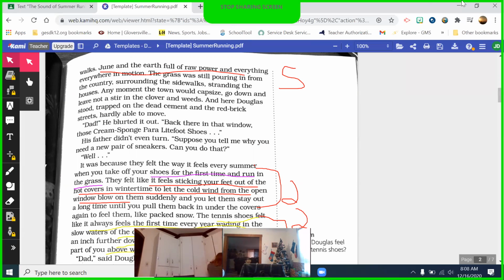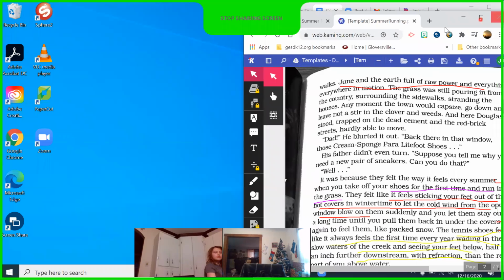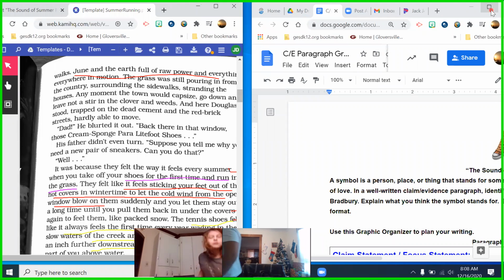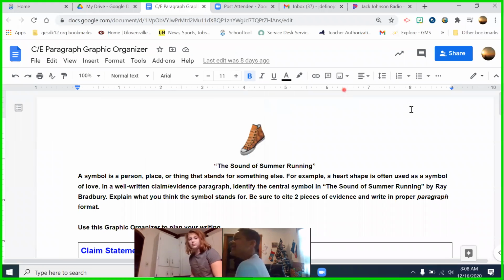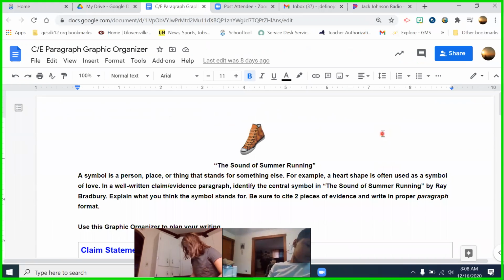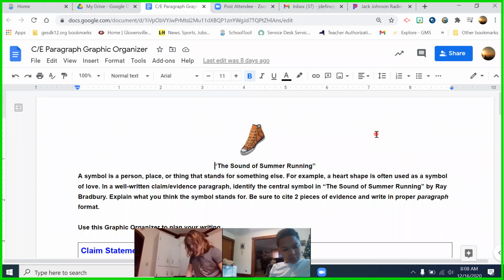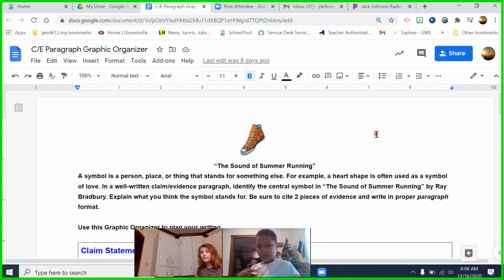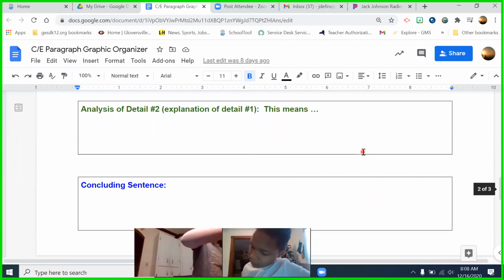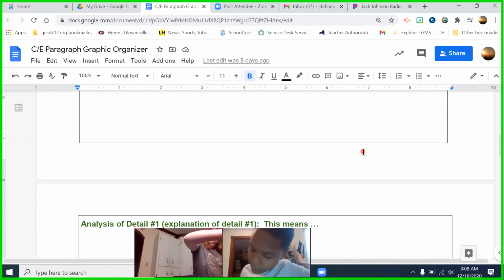All right. So I'm going to switch back over to the graphic organizer, and you can do this as well on your screen. You can pull up your graphic organizer. So you should be manipulating your screen right now and pulling up your graphic organizer. This one has a sneaker at the top because, you know, I think that's the symbol. I'm pretty sure. It is a sneaker. It is a tennis shoe. Okay, so this is the same graphic organizer setup that we used last week for 11.